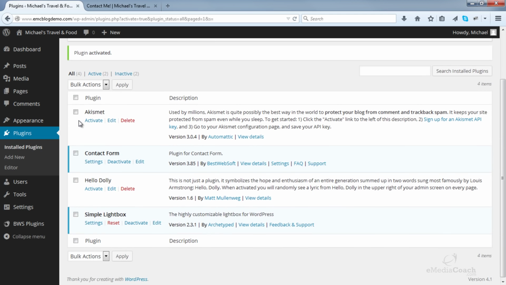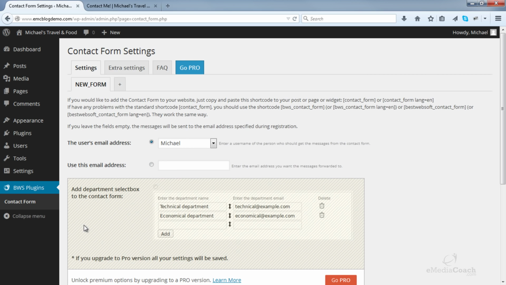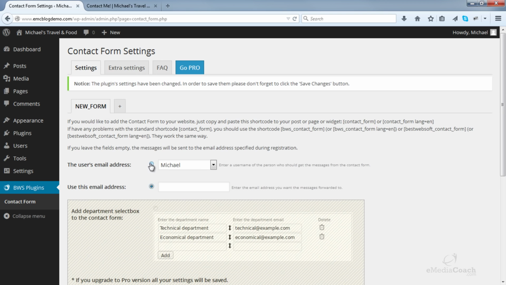Once that's done, there'll be a BWS plugins section that appears in your navigation. So click on that. Here you can set up your contact form. We can set it so that it sends you an email directly to your email account. Enter your personal email over here.